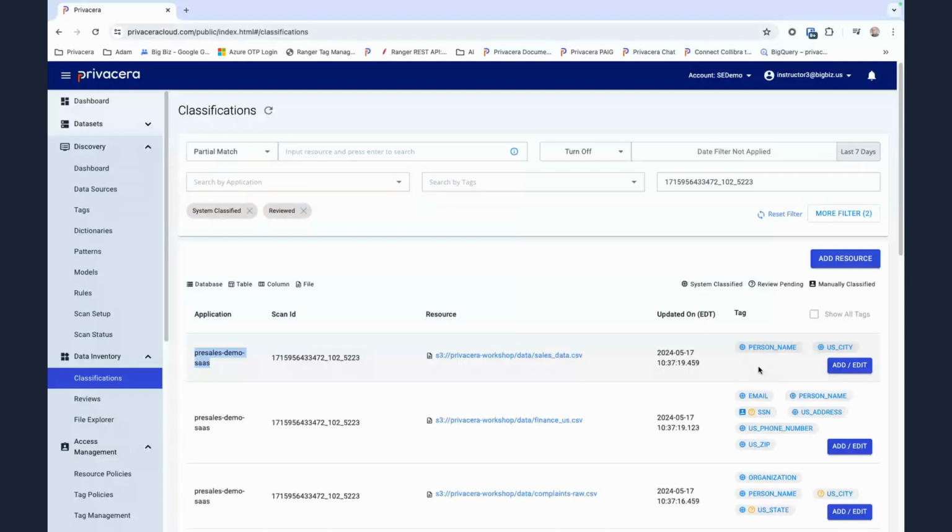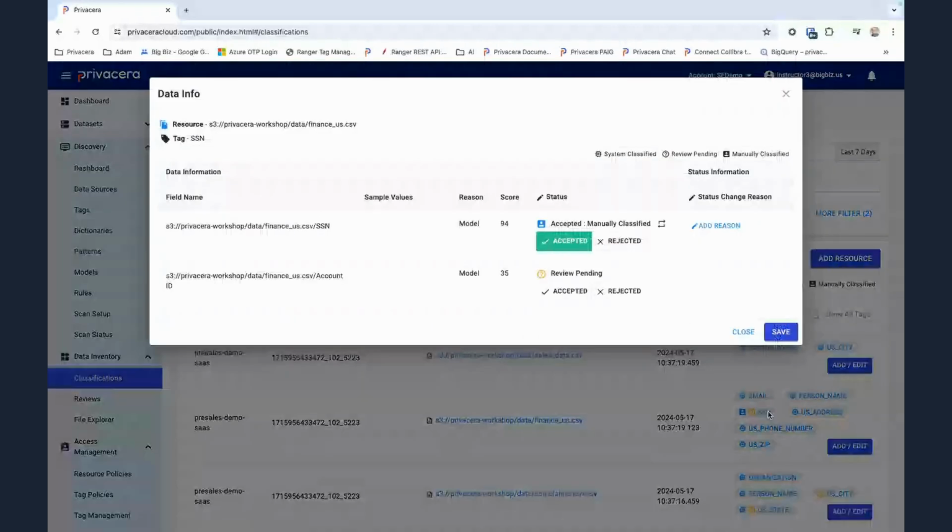If something was marked for manual intervention, meaning the score for that tag fell between the high and low watermarks in the scan setup, you'll see some of these tags marked with a question mark. So you'll see the review pending. So to see what happened here, if we click on that actual tag,